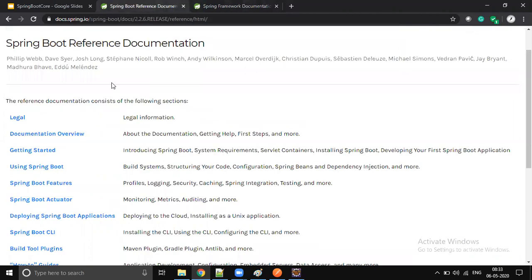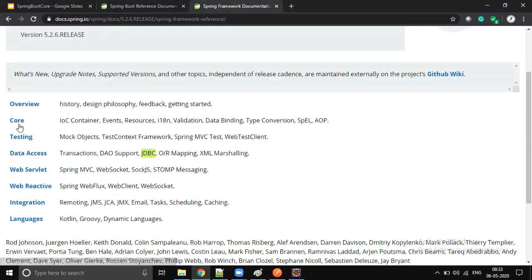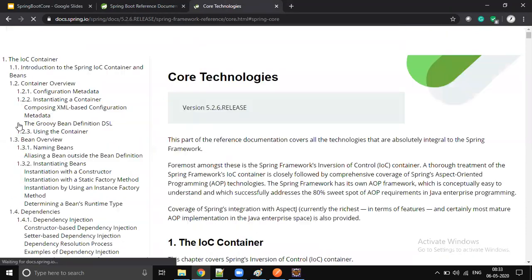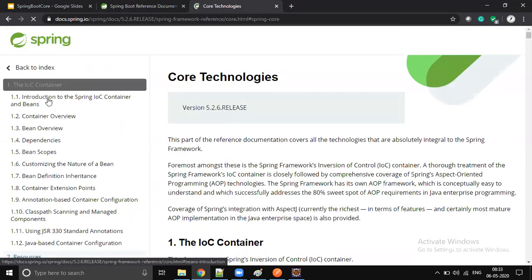Then you come to Spring Boot and just read this documentation. Then you will get an idea how the things will be automated, right? Automatically things are going to happen. So that we're going to learn in Spring Boot. Now, till now, whatever we learned, right? It's part of Spring Framework core. So this is the complete starting point.